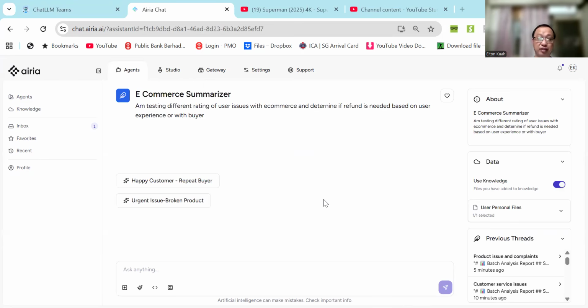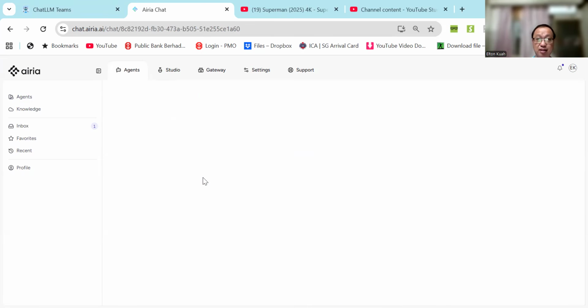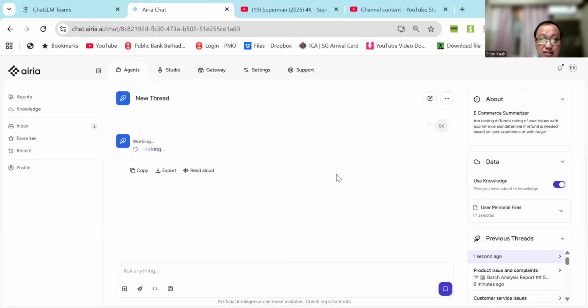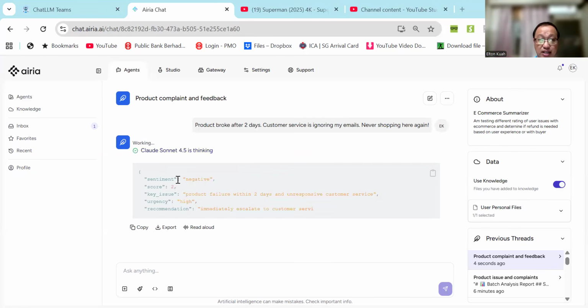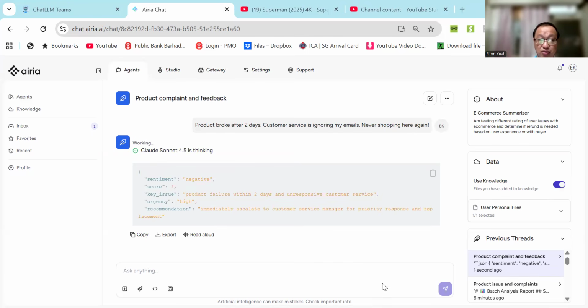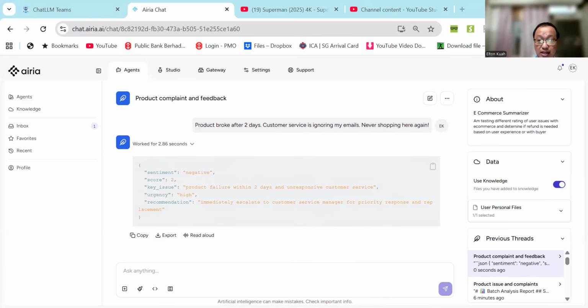So hence I thought of these AI agents to determine if there are any issues with the reviews, and whether I should be reviewing refunds or handling customer experience properly. What I did was highlight a broken product, and then put in happy customers again. I just run it through the chat and see how it goes. Of course, the agent will respond in a JSON format with sentiment, scores, speed, issue, recognizable, and recommendations. That's one aspect where it tells the customer complaints.